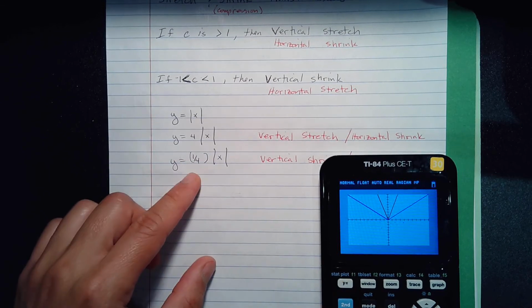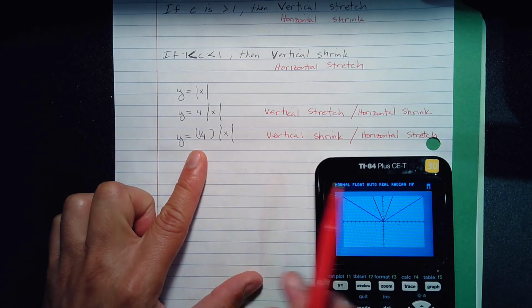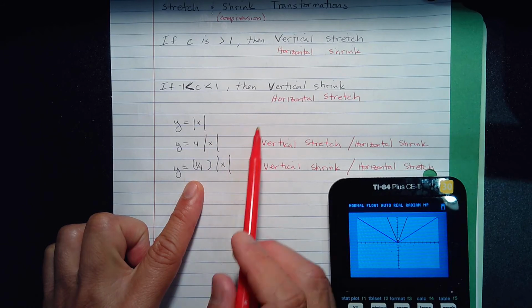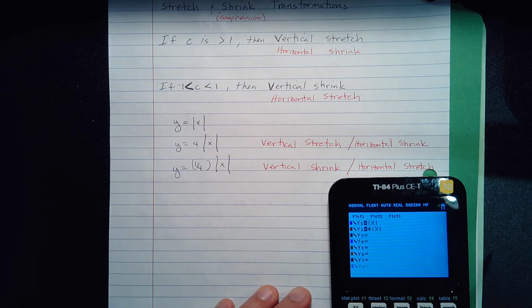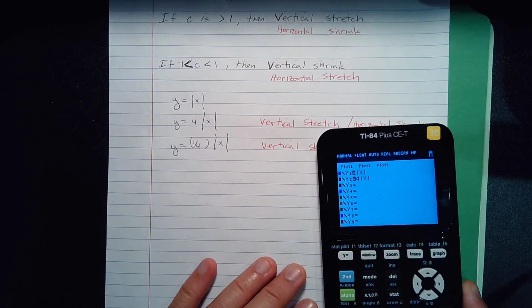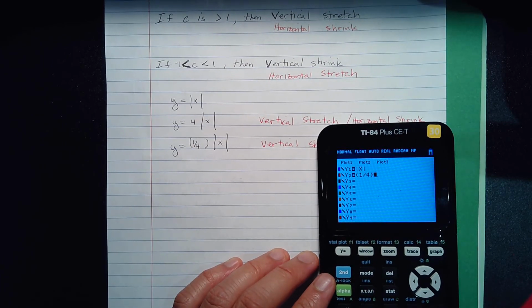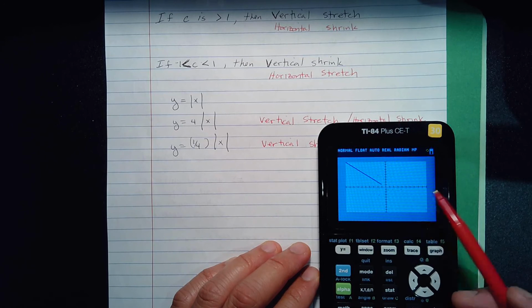All right, let's look at this. If you notice this number here, this number is between -1 and 1. So if that's the case, then it's going to be a vertical shrink and a horizontal stretch. So this is what's going to happen. Let's put parentheses, 1 divided by 4, and put the absolute value symbol, x. So we're going to compare our parent function to our